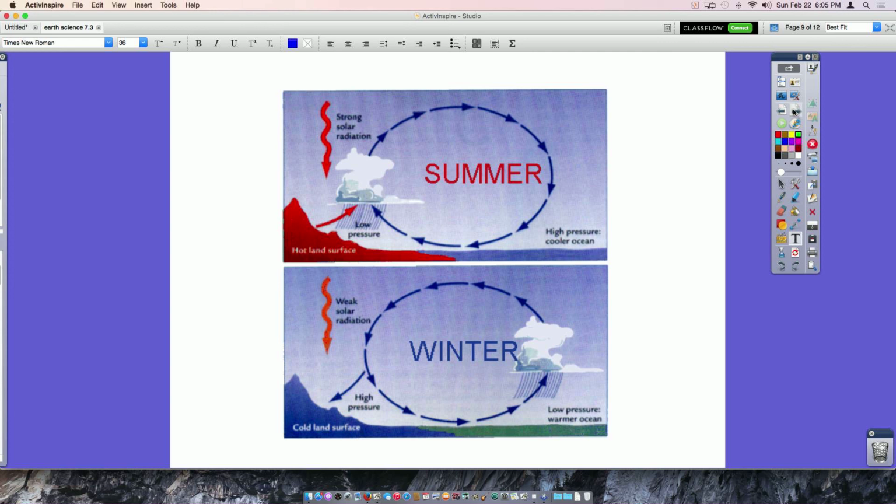Now, pretty much the opposite happens in winter. We have the low pressure over the warmer ocean. There's weak solar radiation, so the land does not get as hot. Remember, the water holds the heat better. So we have high pressure from the mountains there onto the land, and that pushes the air out over the water, and so the wet, moist air moves out over the ocean, and that's where the rains and stuff happen. So we have a dry season for where the people live on land, versus the wet season is now out